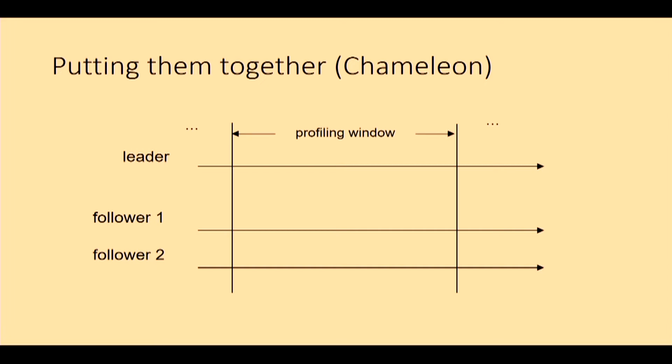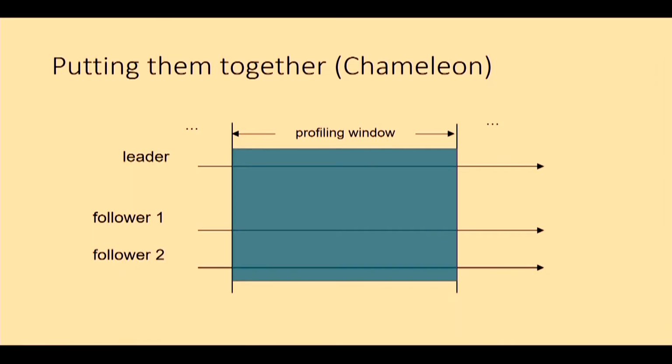What most work does, almost all prior work, looks at a profiling window, and they'll say, okay, we'll profile for this amount of time, we'll get the best configuration that balances whatever objectives we have, and we'll use that configuration from here on. So essentially, their profiling cost looks like this blue box, because they have to do it for the entire profiling window, and they have to do it for each video camera separately. So we're going to try to whack at that blue box and get the cost down.